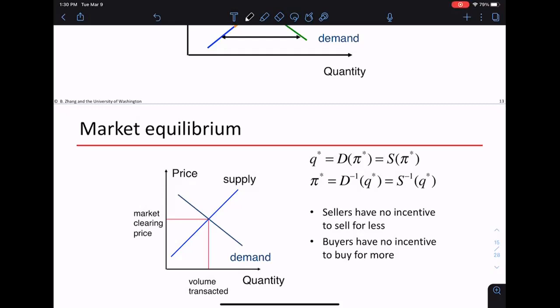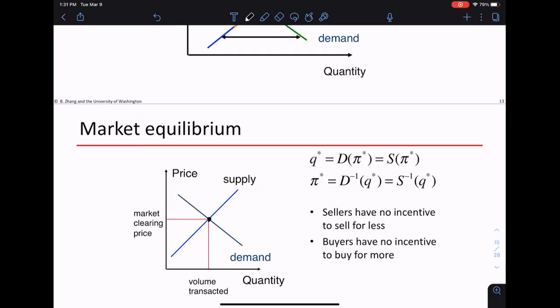All right, so let's continue with this, right? So with market equilibrium, it's basically a point when you don't have any incentive to change. Okay, so if you're a demand, you're not willing to pay more to buy more stuff. If you're a supply, you're not willing to make more stuff to sell. Okay, so this is the crossover point, and that's